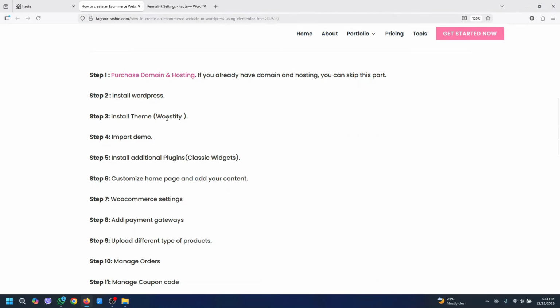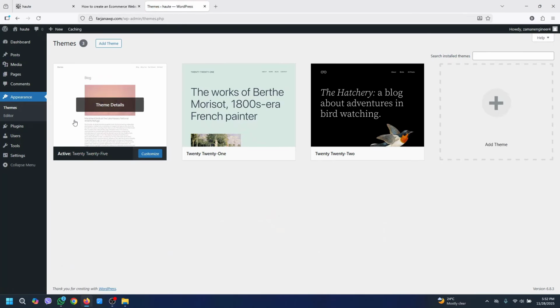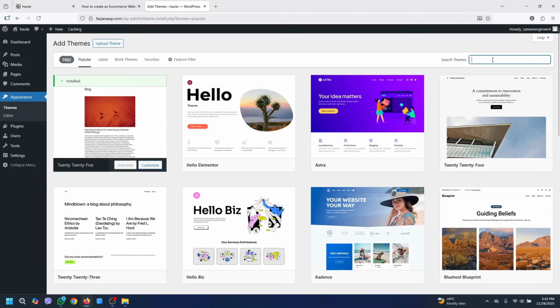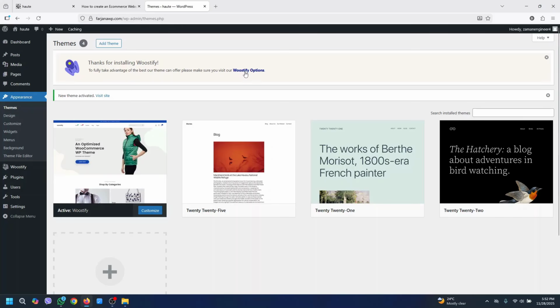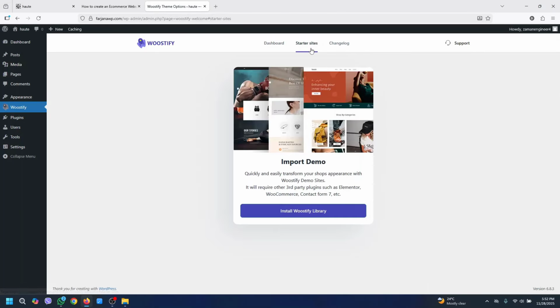Now I'm going to install the theme. So for that, going to appearance and themes, going to add theme and searching for Woostify. So this is the theme. I'm going to install this one and activate. Then going to Woostify options, and now I'm going to install a demo. So going to starter sites and install Woostify library. Then activate Woostify site. Going to start,